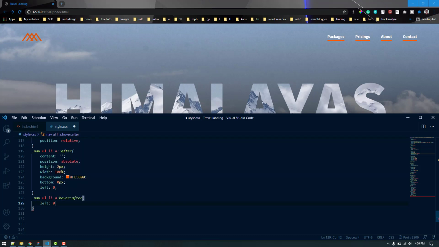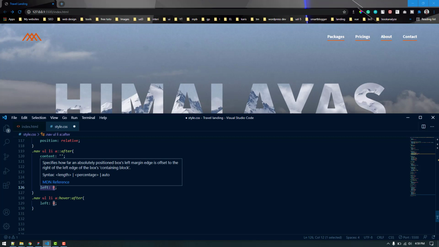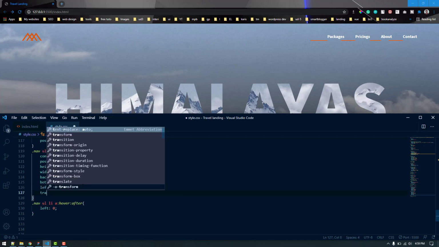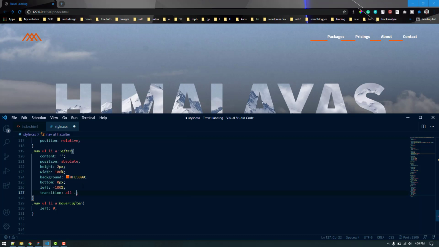So let's make the left 0, and in this case, in the normal position, we can make it minus 100%. Now when you hover on that, it slides. So in order to make it smoother, we can add a transition all 0.3 second ease-in-out.